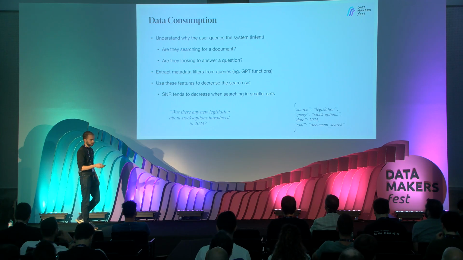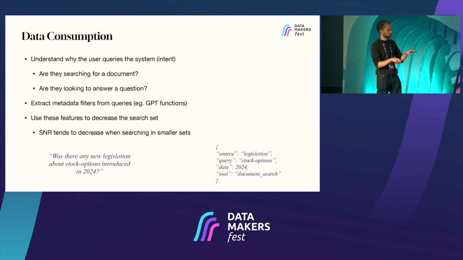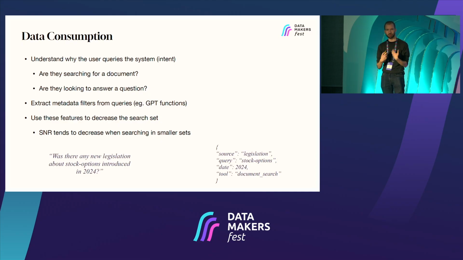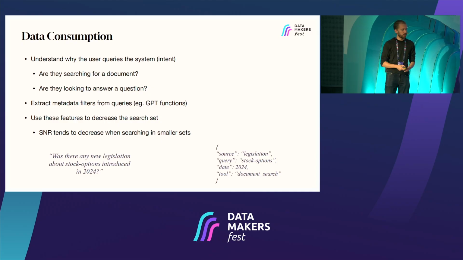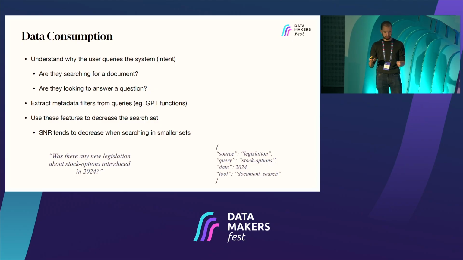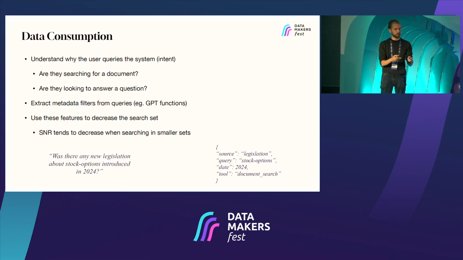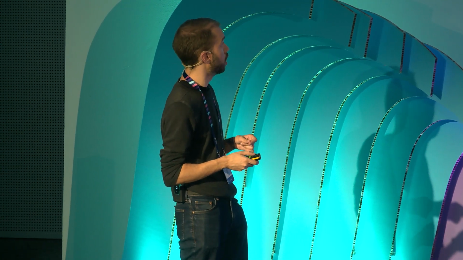Now, let's talk a little bit about data consumption. When you're building a search engine, you don't want to do things in a blind way, right? So you want to understand what the user wants, their intent. They want to find documents, and this is especially important in RAG systems, because sometimes when a user wants something in the RAG system, it can be question answering, or it can be, hey, find me these documents. So there are lots of different use cases, and understanding intent is very important for this.